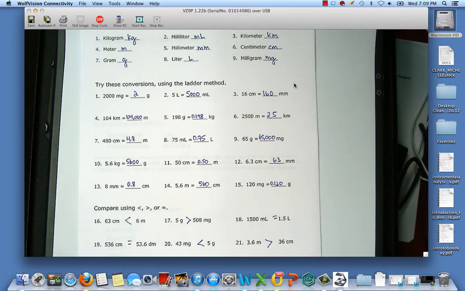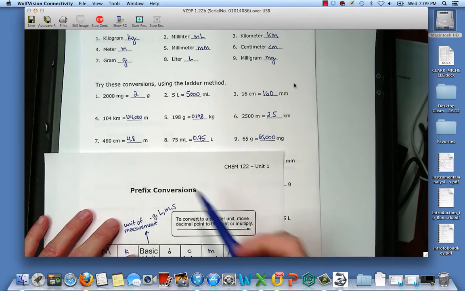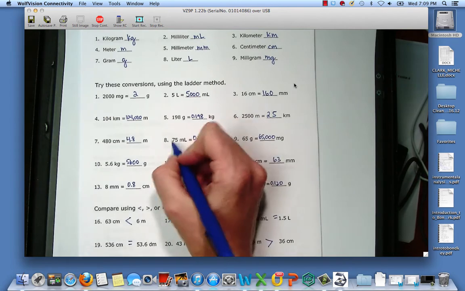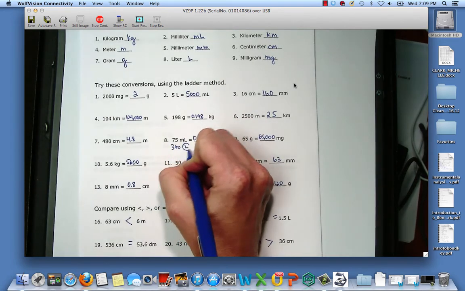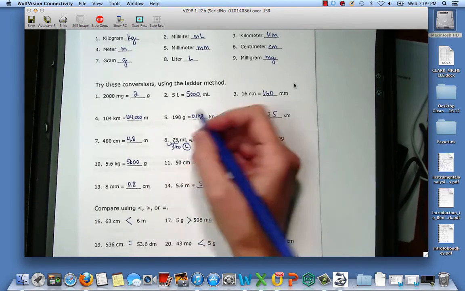Yes. Number 8, isn't it 3 to the left? Is it 3 to the left? Yeah. Oh yes, so your liters. So we're going milli to basic. So 3 to the left. So 1, 2, 3. So the correct answer